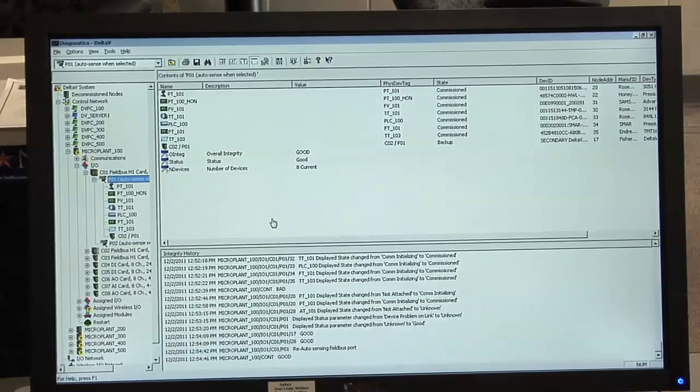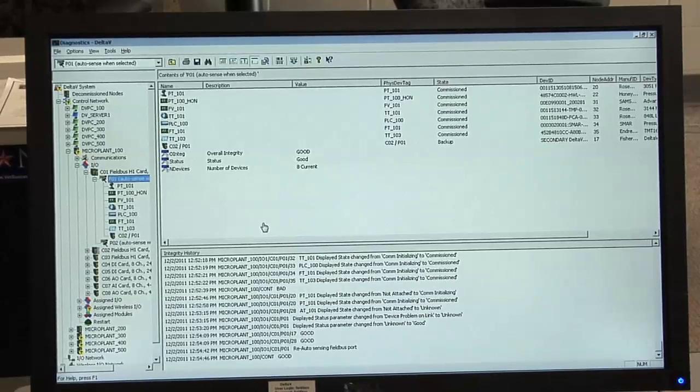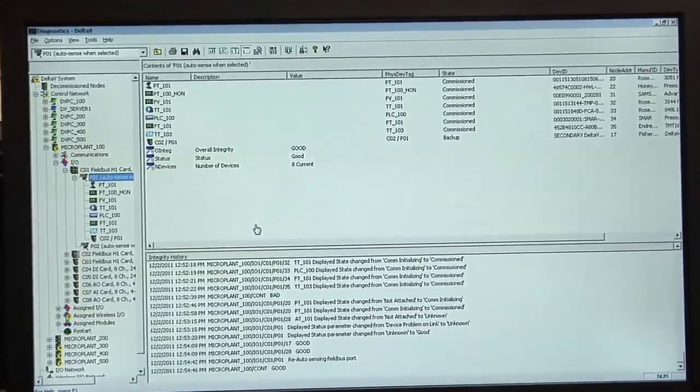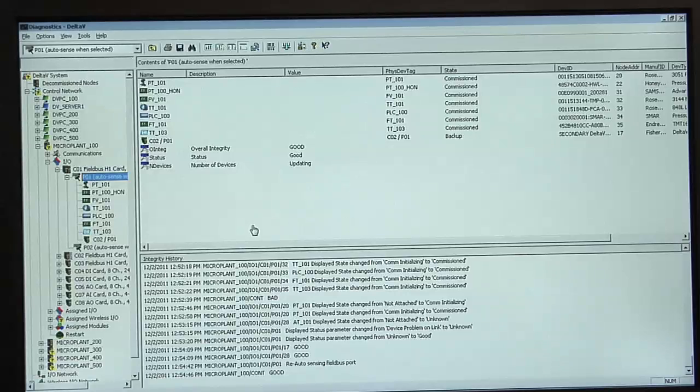Okay, so now we're going to demonstrate what steps we go through on one of the host systems in terms of setting up a tag for a device and getting it commissioned. Along the way, we'll take a little bit of a detour: what happens when all that's been done and you're feeling good about it, and you connect the device and golly gee, it doesn't show up. One of the items that can cause this, and how we might fix that. So Talon's going to go to DeltaV, in this case,